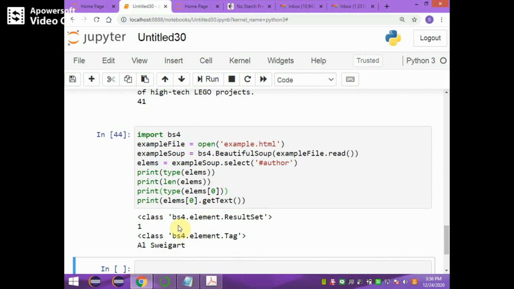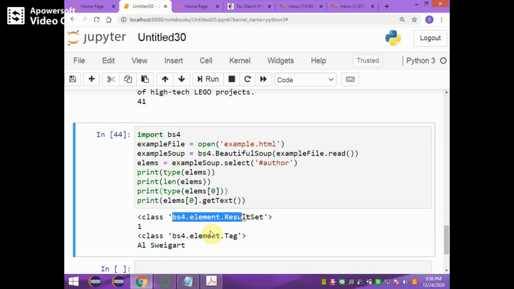It displays the type of class as bs4.element.ResultSet and length as 1, and the author, and the type of elements of 0 as bs4.element.Tag.